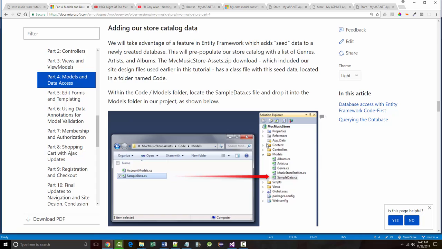All right, so I'm a little bit behind here on my piece of paper, so we're going to add our store catalog data. We will take advantage of a feature in the Entity Framework which adds seed data to a newly created database. This will pre-populate our store catalog with a list of genres, a list of artists, and a list of albums. Our file that I'm going to give you, as it says, is going to include something called